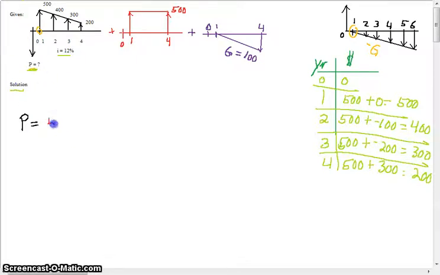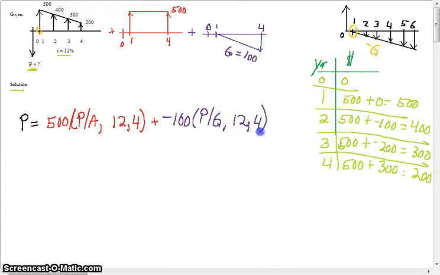I can select the pen. 500 is our A, so let's find P given A. Our A is 500 at 12% for 4 years, plus a negative, plus, we're going to do the purple part, our gradient, a negative 100, we're subtracting G, which is P, find P given G at 12%